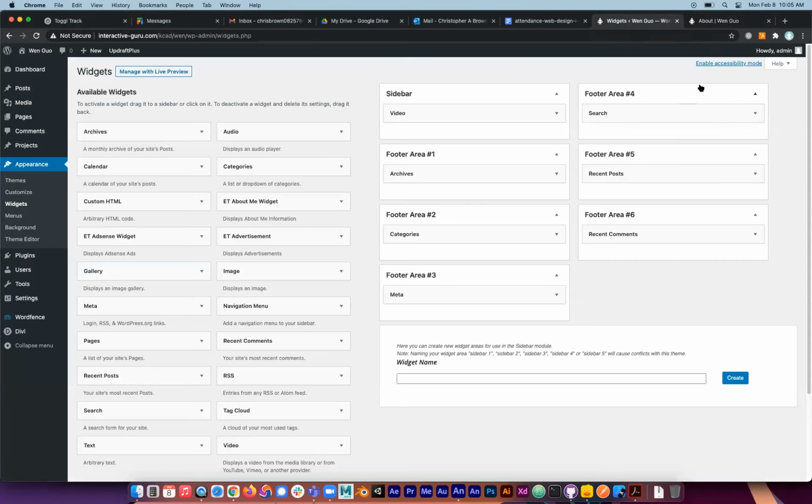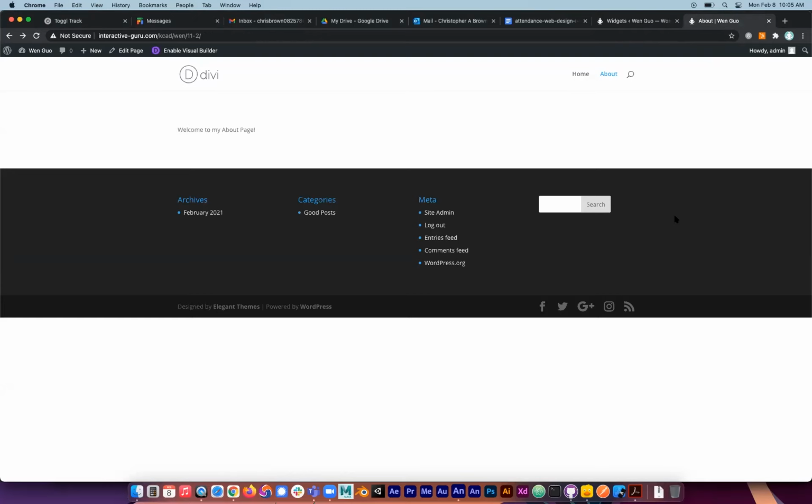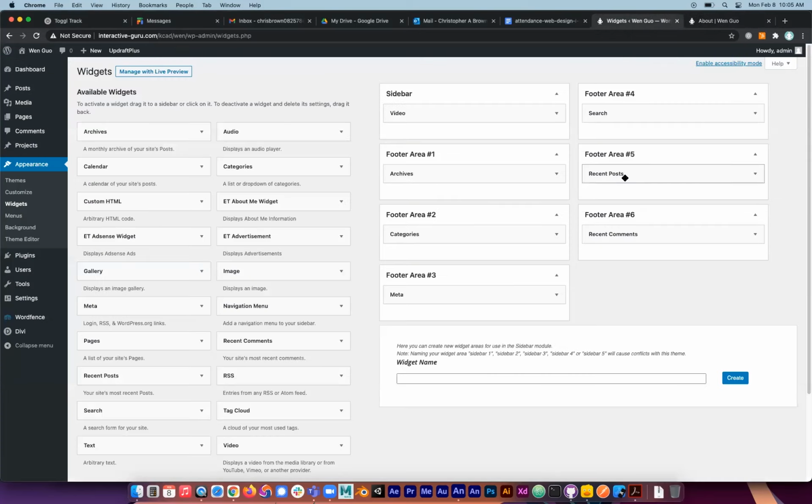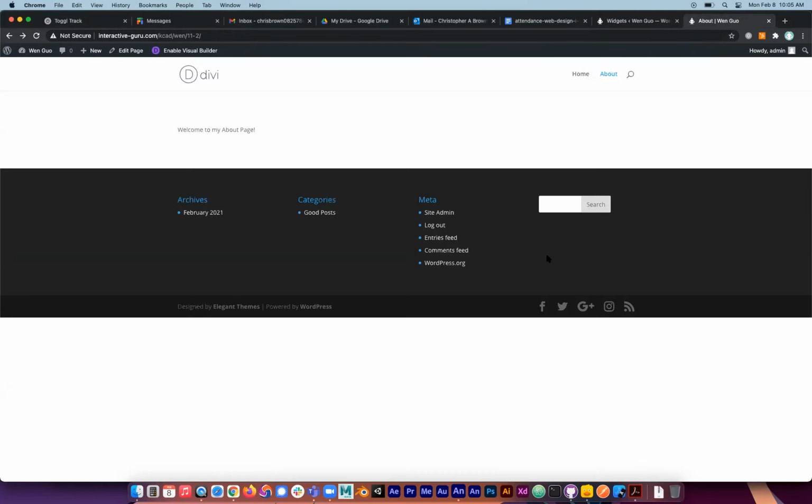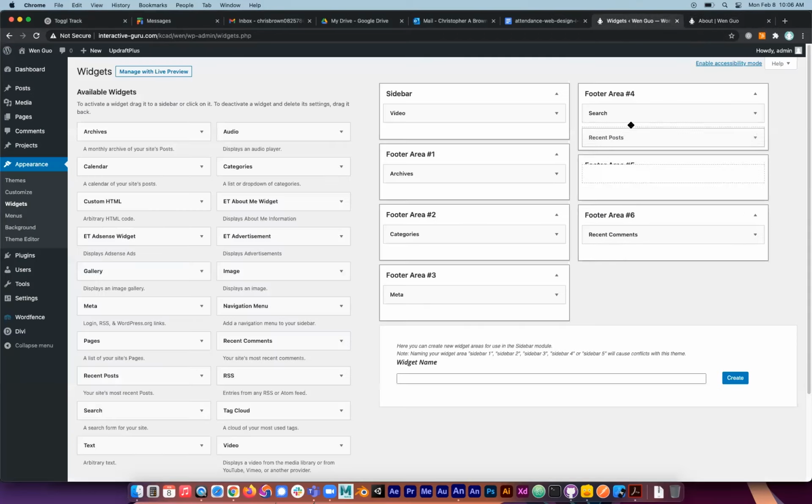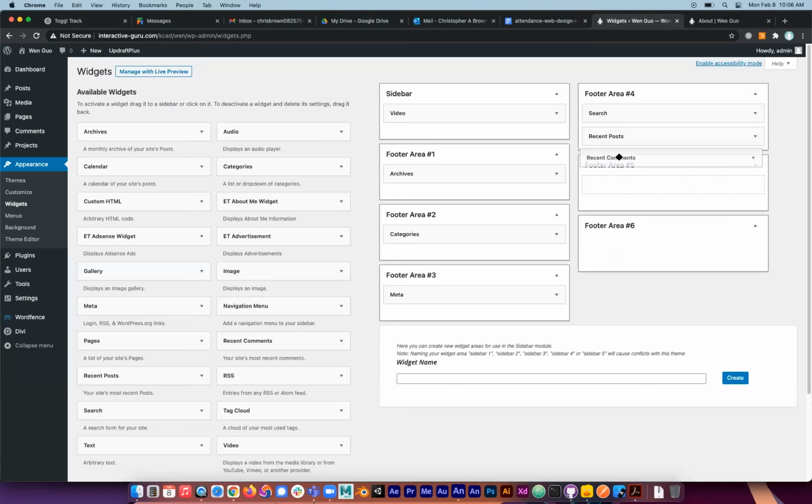And then I get to the search, and then recent posts and recent. I don't see where that is. I honestly don't know why that's not showing up or where those footer areas are. In fact, maybe footer area 5 and footer area 6 are just not a thing in Divi and they don't show up. But you could see that by adding, so here, if I move these to footer area 4 instead,